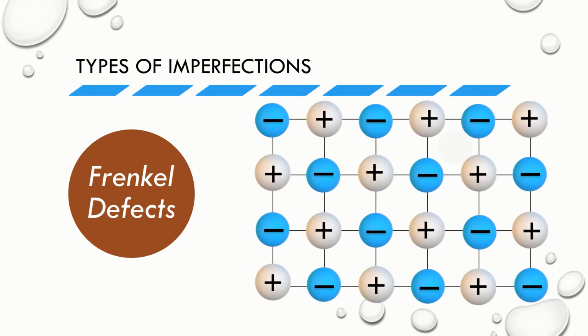Now, this type of defect is present in those compounds which have low coordination number and there is a large difference in the size of the cations and the anions. Frenkel defects are found in silver halides like silver chloride, bromide, and silver iodide due to the small size of the silver ion. Since no ions are missing from the crystal as a whole, the density of the solid